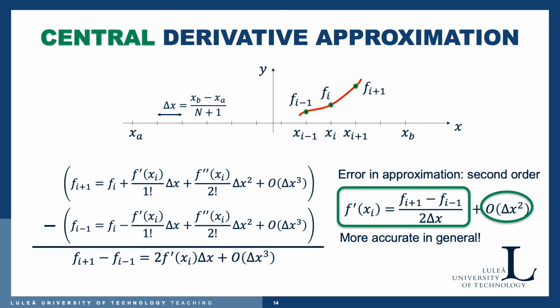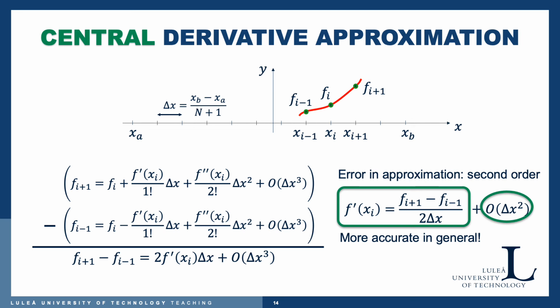And on the right hand side of that, we have an expression involving the derivative of the function. So we can solve this now for the derivative of the function at point x_i, which we have here to the right. But now look at the term,